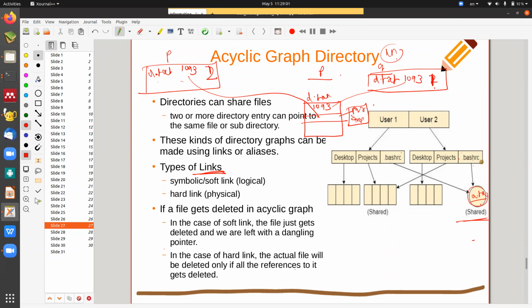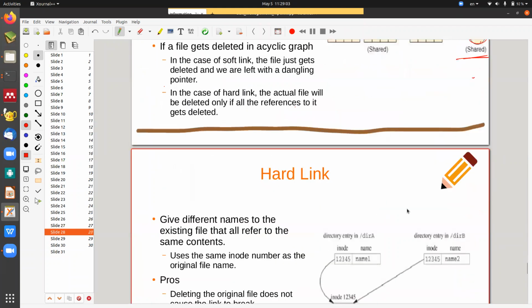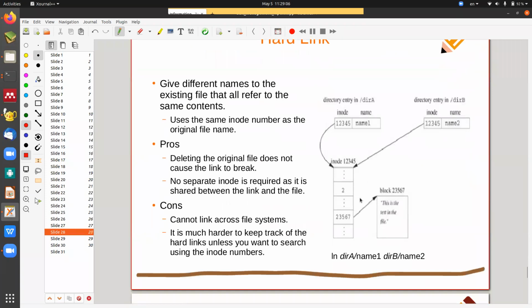Did you understand? But it has a problem. What is this problem? Just look into it. I have written it, let me show you. If this is a directory and this is another directory, when you create a link, the same inode is there. The inode for the file is this, but both directories have made an entry, 1, 2, 3, 4, 5 and 1, 2, 3, 4, 5. The inode number is not changing. Yes. But what is the issue?